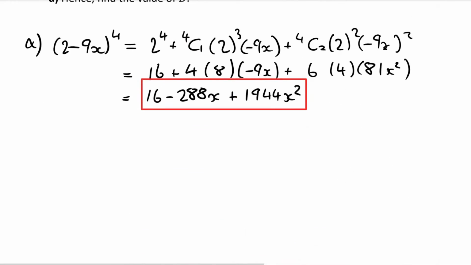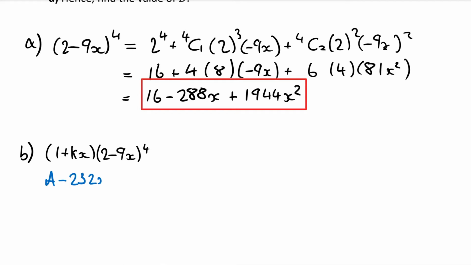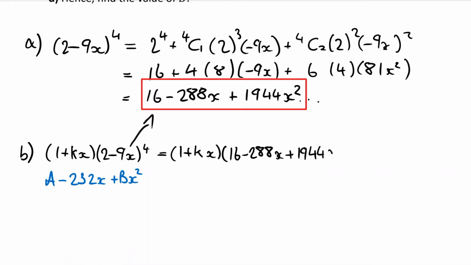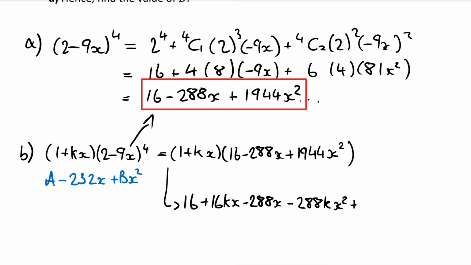So the first thing that we need to do is expand 1 plus kx multiplied by 2 minus 9x to the power of 4. We will use our answer from part A to substitute for 2 minus 9x to the power of 4. We can use our expansion for that. So therefore, we will be multiplying 1 plus kx times 16 minus 288x plus 1944x squared. Expanding all of that, we get 16 plus 16kx minus 288x minus 288kx squared plus 1944x squared plus